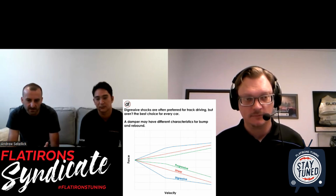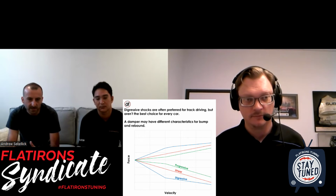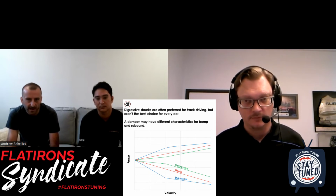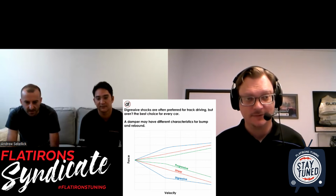So low speed is kind of small bumps and/or body roll, pitch and dive, that kind of thing, more the handling side of things. And high speed being big bumps, curbs on the track, and jumps if you're into that. Sure. And so progressive